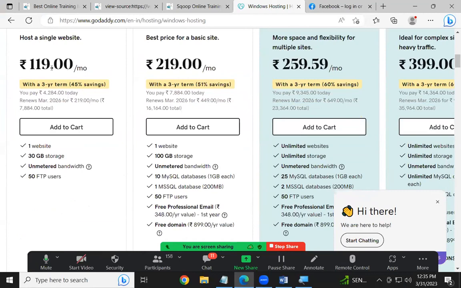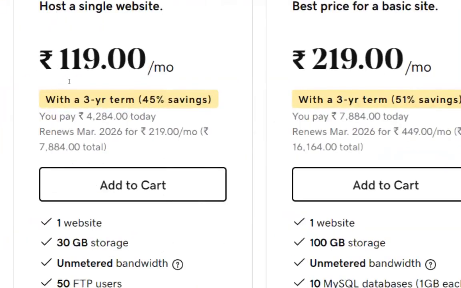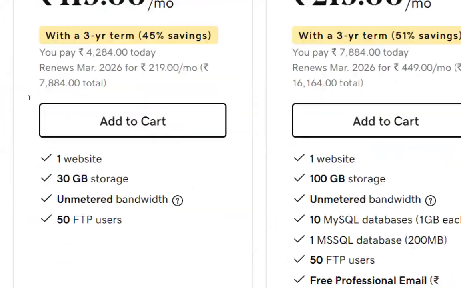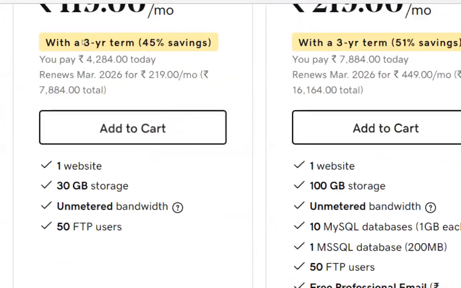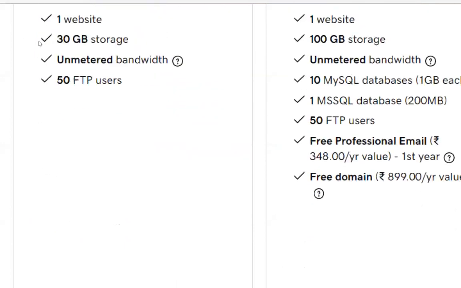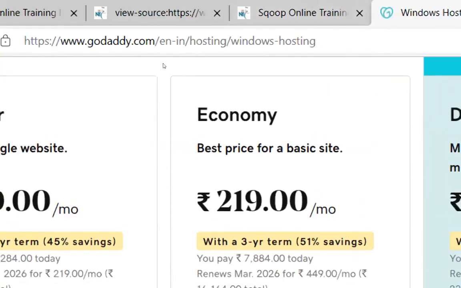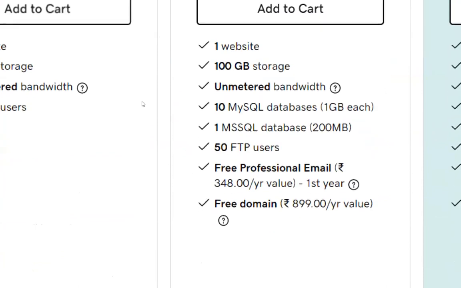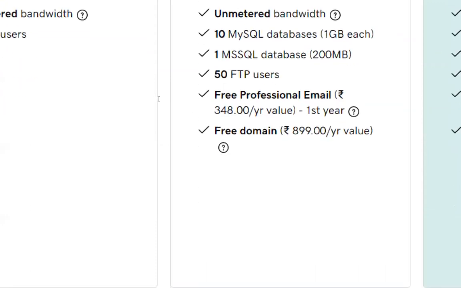Okay. And this 119 you'll get per month provided you pay for 3 years at a time. If you pay for 3 years, how much do you need to pay? 284. Next. What do they give you? File uploads. Next one is economy. You get all these options: one website, 100 GB storage, unlimited bandwidth, 10 MySQL databases, one MS SQL database, FTP, one free professional email, free